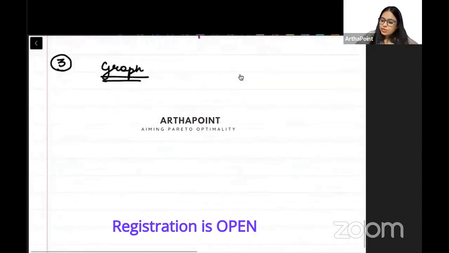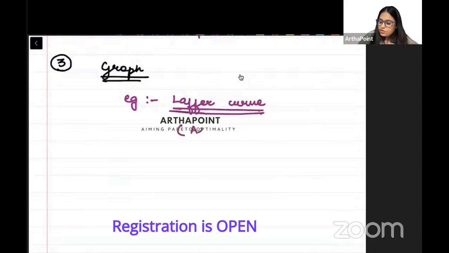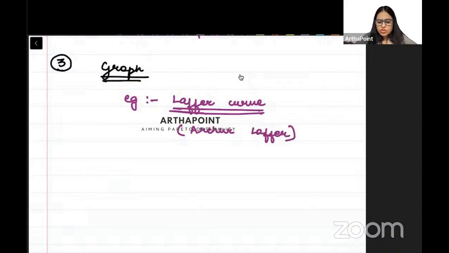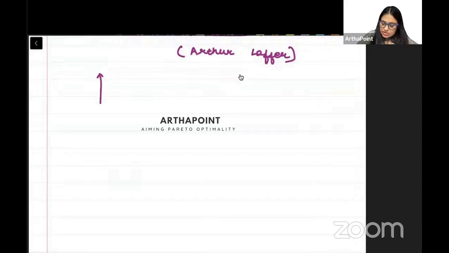Okay. For example, economics mein there is a graph which is called as Laffer curve. Okay. This was given by an economist called as Arthur Laffer. Okay. Now let's try to understand this thing. This Laffer curve, beta, it is a important part of supply side economics. ठीक है? अब क्या कहता है यार ये Laffer curve? So Laffer curve goes ahead and says that